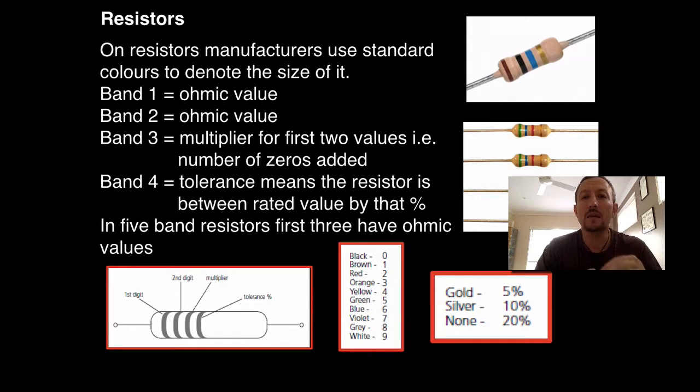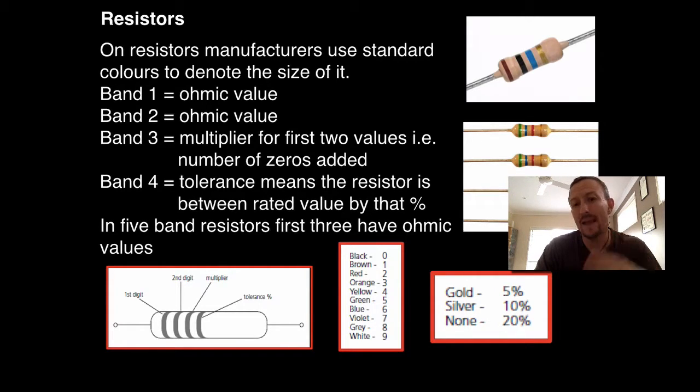Okay, so the third band, and in this case you can see it's the blue band. Because it's in its third position, it denotes the number of zeros you add to those two numbers. So remember we've got 1 for the first band, 0 for the second band, and then if we look on our table we can see that blue is 6. So what we would have is 10 and then 6 zeros after it, which is 10 million ohms